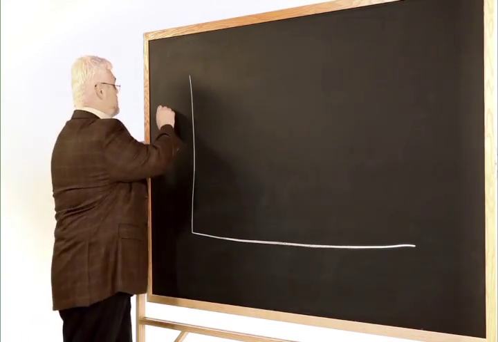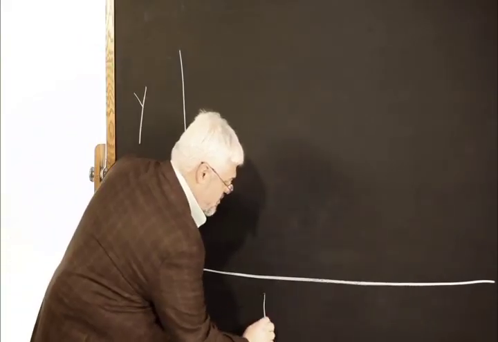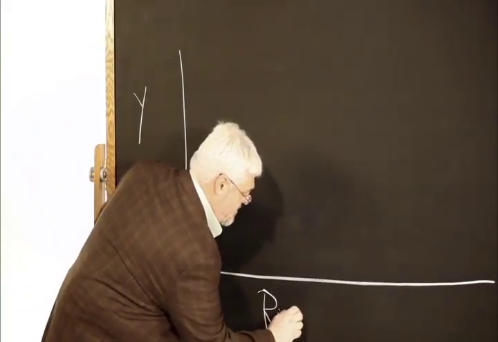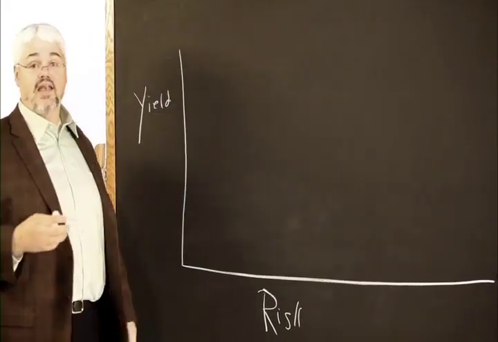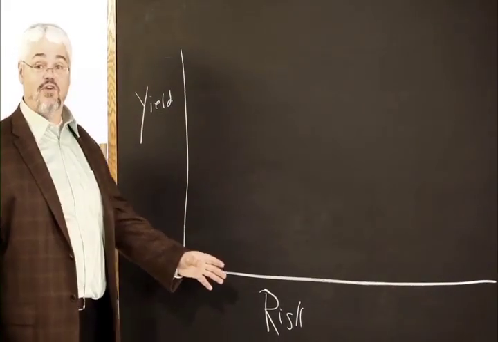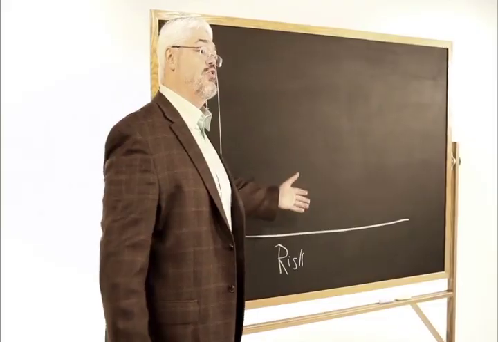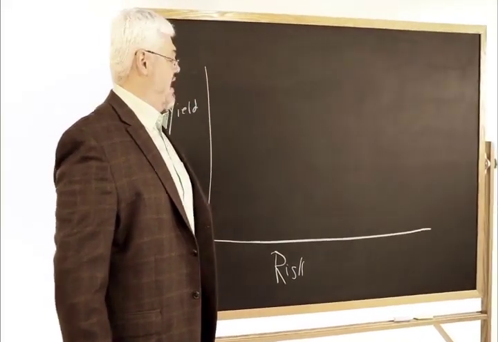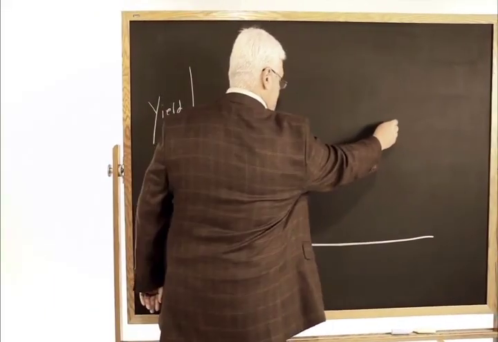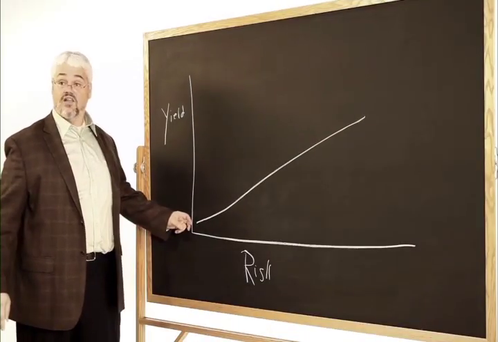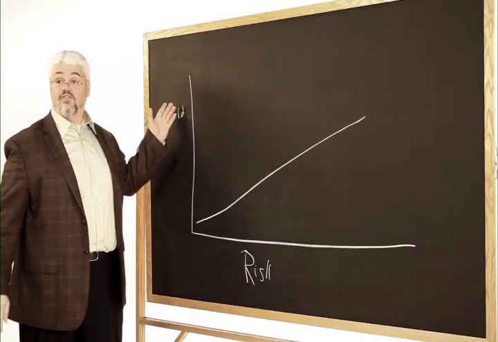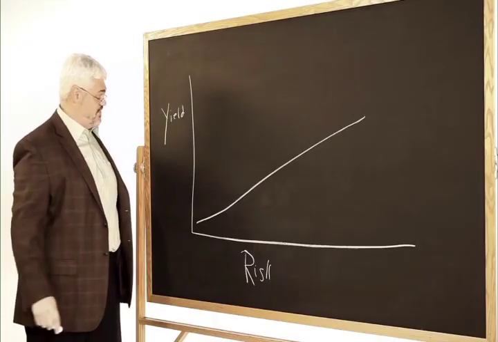The trade-off is between yield and risk. And that means something that I think you understand quite naturally, which is that the riskier the environment, the more yield you want to compensate you for that. And a yield curve usually looks something like this. It points upwards. Why? Because the higher the level of risk, the higher the level of yield that you need to compensate yourself for that risk.